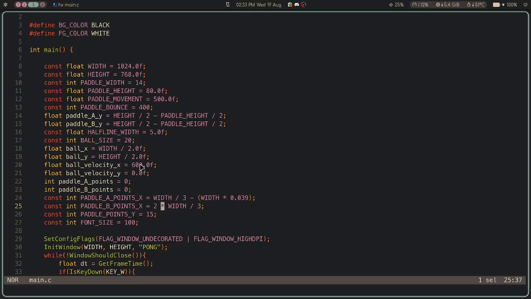For the right side it was fairly simple. I just did 2 into width divided by 3, so that's basically 2/3 of the width. So the half line's here, right? And then you have the width, which is 1, and then you're multiplying that into 2/3, so the point is around here, right? But when I tried to make it a third for the left width, it looked bad